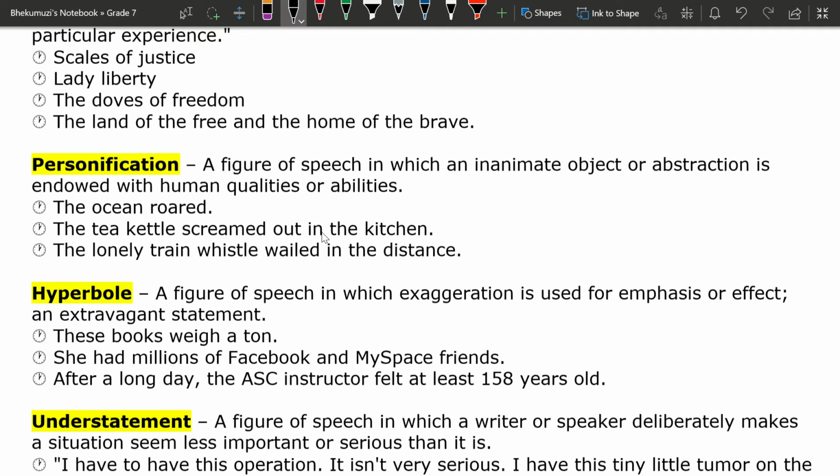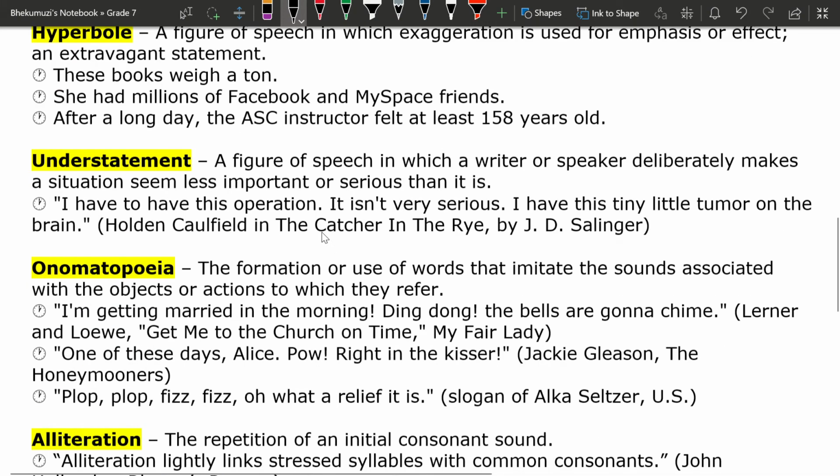And so then you also have the tea kettle screamed out in the kitchen. It doesn't actually scream, it just makes a noise once it's boiled. But they say it screamed out, and someone that screams is a human being, right? But a tea kettle is actually an inanimate object, right? Okay, and then we have